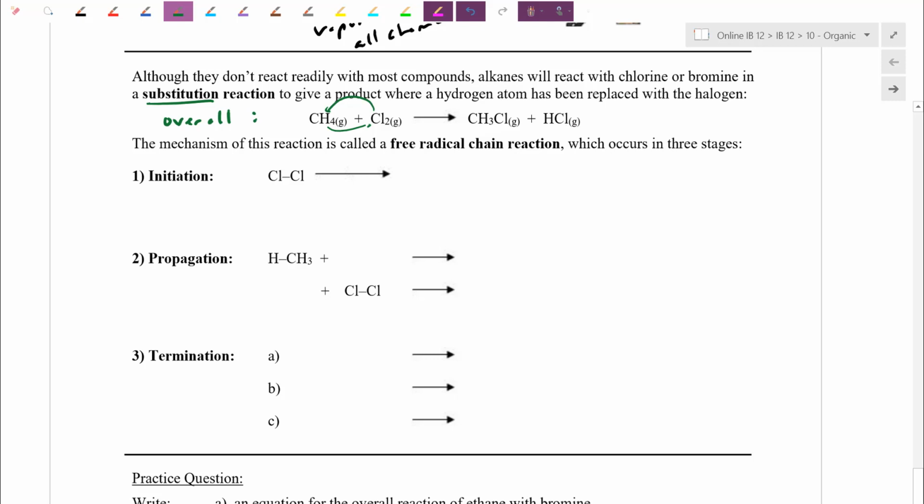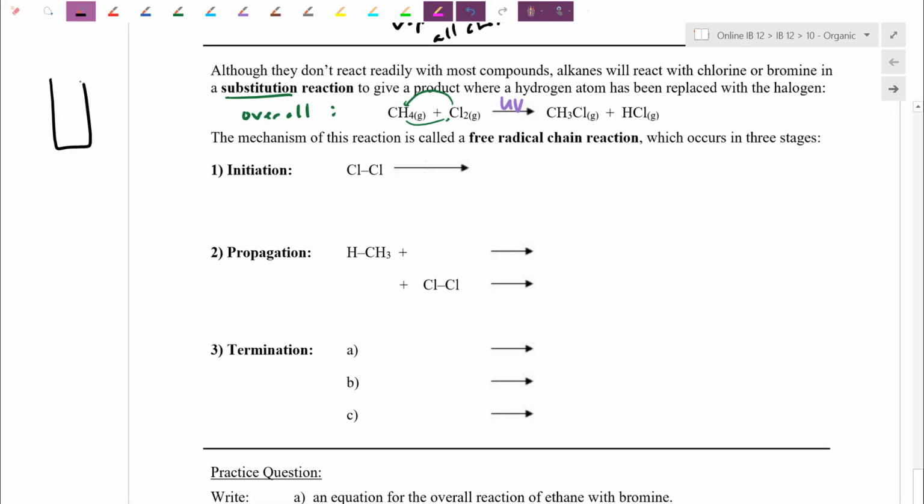But this one here will only occur in the presence of UV light, which actually gives us a really good test for whether we have just alkanes or alkenes. Let's pretend I have methane in here. So maybe I bubbled methane underwater. I have a little bit of methane there. That's an alkane. Let's compare it to an alkene. The simplest alkene would at least have 2 carbons. We'll learn the alkene reactions later on. You can toss in chlorine or even toss in bromine here. This one here does not